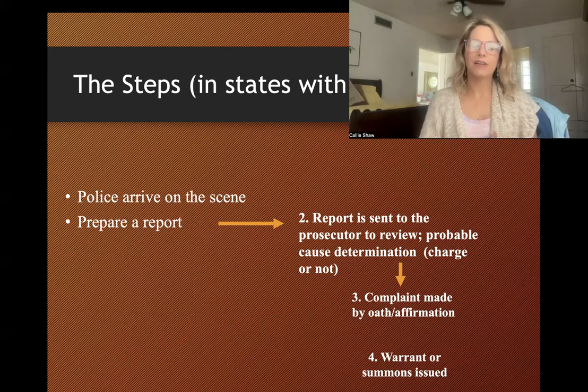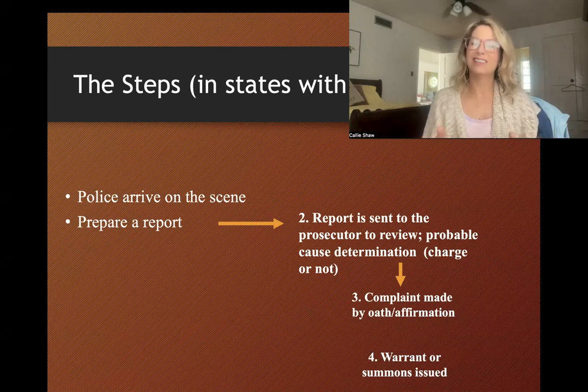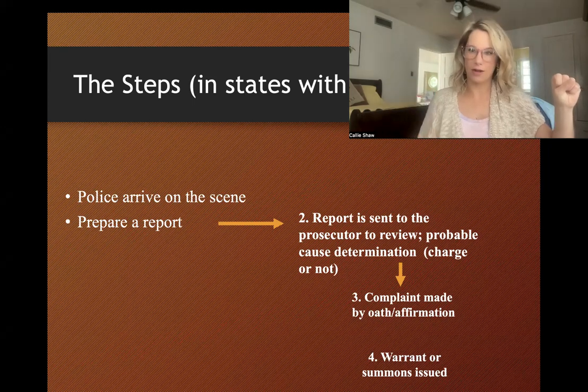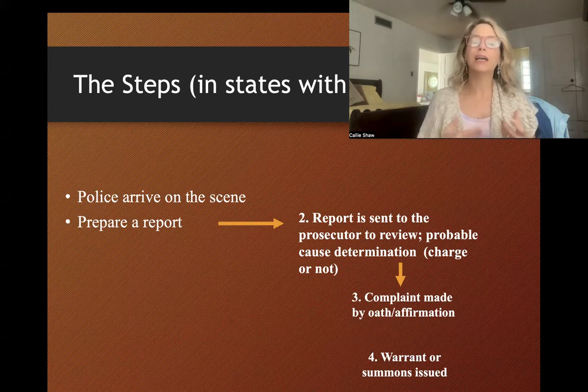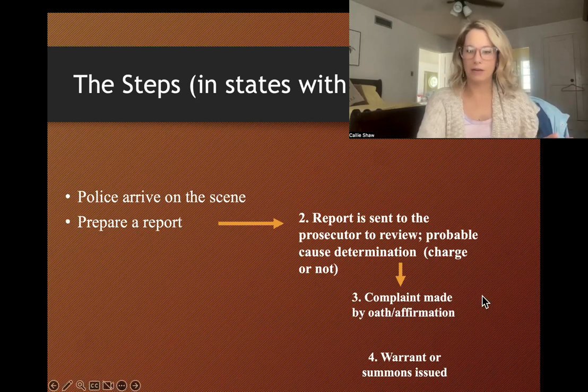And usually the affidavit is made by a detective, and the detective is swearing up, down, and sideways that everything he or she is saying is true. And it will be facts and information that support their belief, their allegation that this person committed this crime or these crimes, right? So a complaint is where they submit the facts and information that the person committed the crime or crimes. Once that's submitted, once that's filed, that complaint is filed with the court,